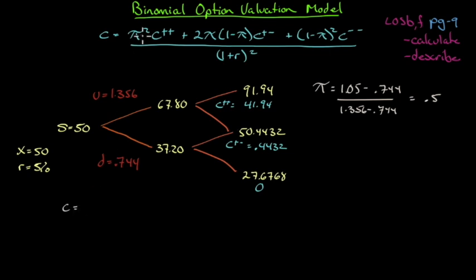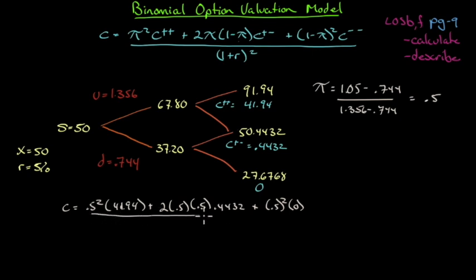C equals 0.5 squared multiplied by C++, 41.94, plus 2 times 0.5. 1 minus pi is again another 0.5 times C+-, 0.4432, plus we have a C--, which is 0. Normally I don't like to put them in, but I just want to show you what this looks like. 1 minus pi is 0.5 squared times 0. That's meaningless. That is the expected value at time period 2, and we discount that by 1.05, but now we're